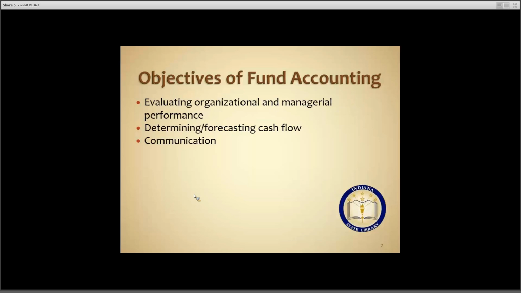As detailed in the ledger, explained in the bookkeeping and accounting presentation, funds are segregated, but all the money can be kept in the same bank account. Please note there's a limit to how much money can be in one account. The limit, according to the State Board of Accounts, is $100,000 in one bank. If the library has more than $100,000 in transaction accounts, it must use at least 2 depositories, which have been designated by the library board.